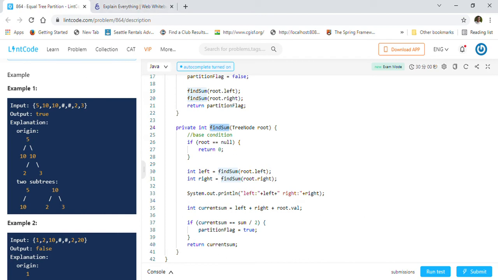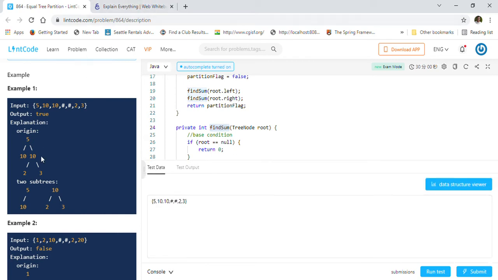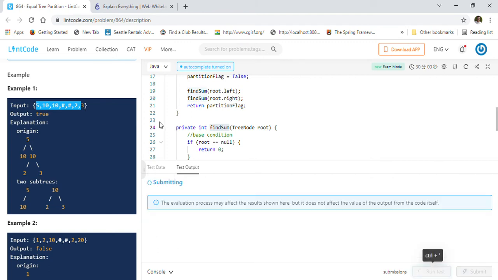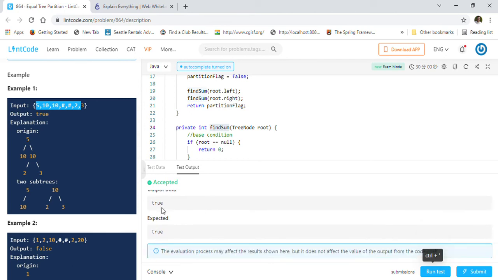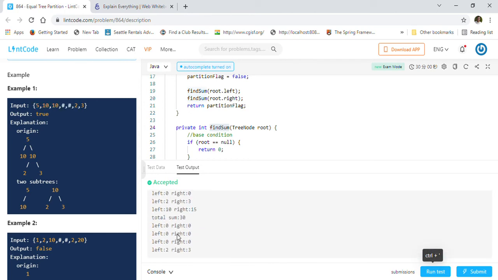Let us take the same example that they gave us. Let's run this and make sure that it gives us true. As you can see, we got true here. I have a system out here, so it tells us what the left and right sum are. As you can see, left is 2 and 3. For the 2 and 3 nodes it will return 2 and 3.